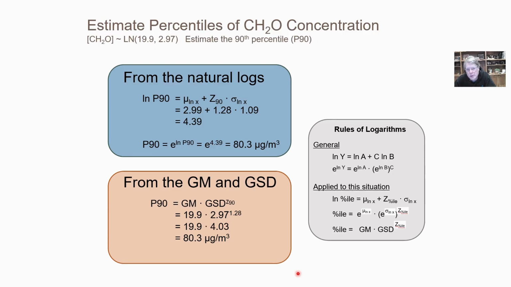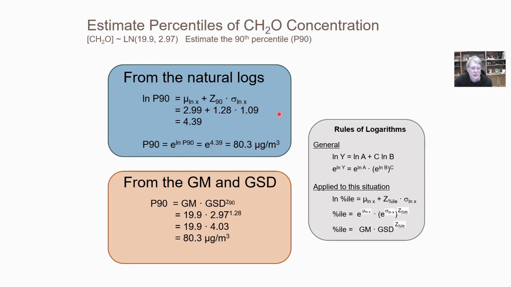You can also estimate the percentiles of a log-normal distribution using the mean of the logs and the standard deviation of the logs, as shown here in blue. The percentile can also be estimated directly from the geometric mean and the geometric standard deviation. Looking at the box in blue, which is calculating the percentile value from the natural logs, the technique is the same